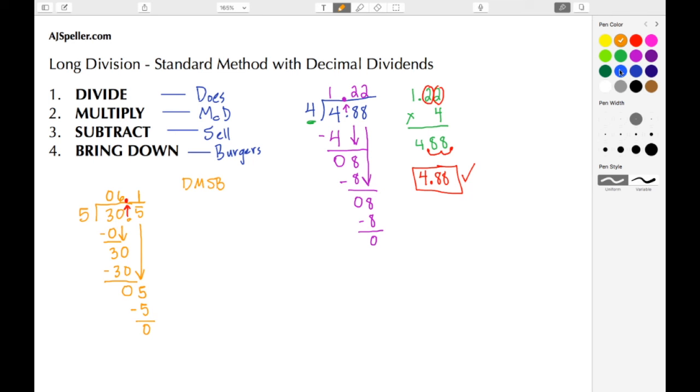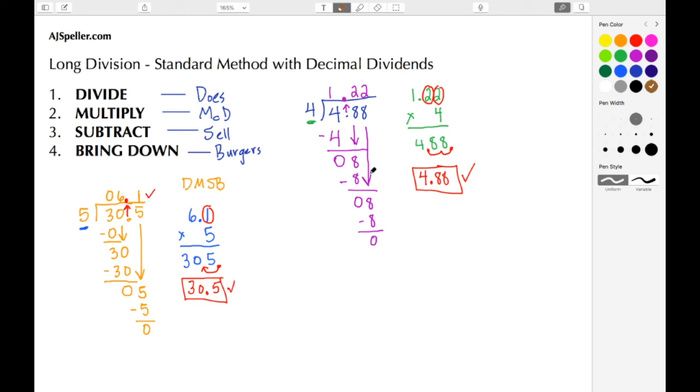So what we're going to do now is go and do our check. We have a quotient of 6 1/10. We need to multiply that by our divisor, which is a 5. So we're going to place our 5 here. And again, multiplication in standard form, 5 times 1 to give us 5, 5 times 6 to give us 30. So we have 305, but there's a decimal point here. We see there's one place after the decimal point, so we need to move our decimal point one place to the left, which would move it here. So here we have 30 5/10, and if we look at our dividend, we started with 30 5/10, so we know that we did our problem here correctly.